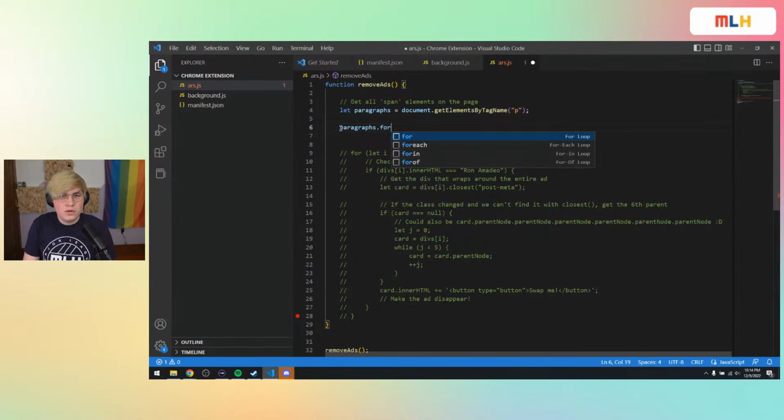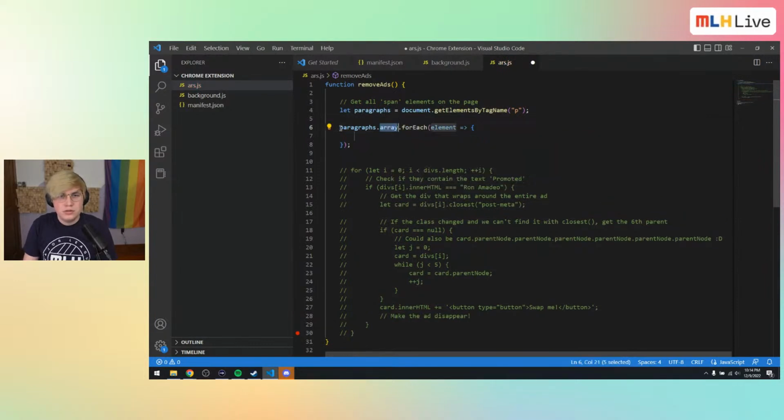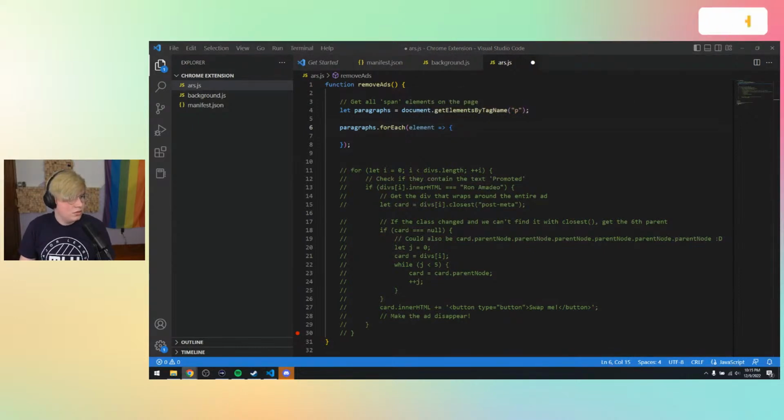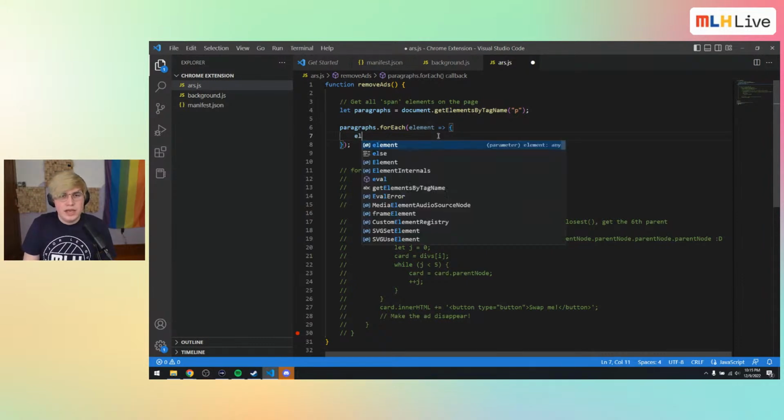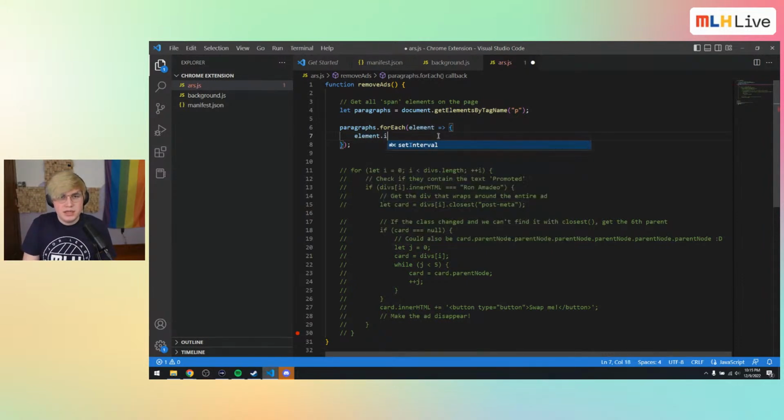Paragraphs dot for each. Okay. Great. For each element. So this will be each element dot